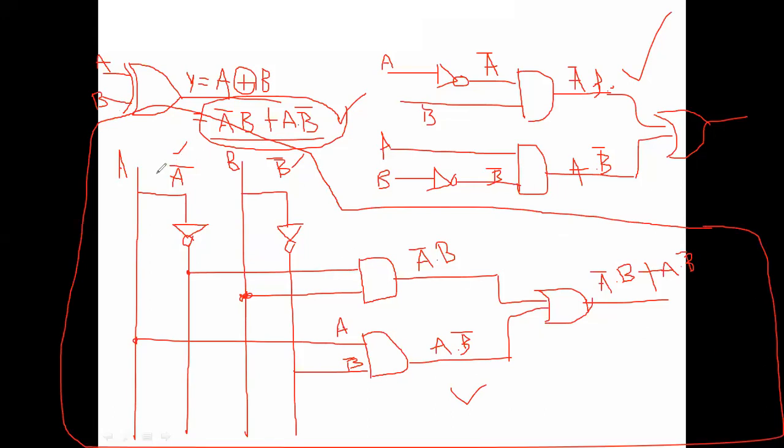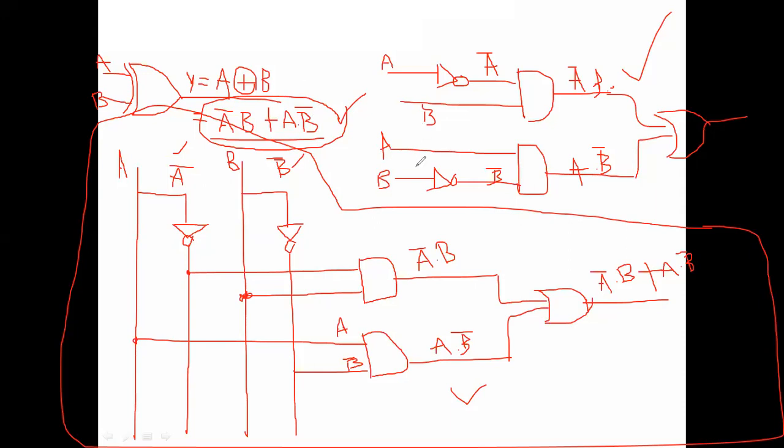So, if three inputs are there, draw three lines, and for each line we connect a NOT gate, then we get the complement of the corresponding variable. Then, is it dot or plus? If a dot expression is observed, we use an AND gate. If plus is there, we use an OR gate. If bar is there, we take a NOT gate. Okay, Amma? That is the only procedure here.